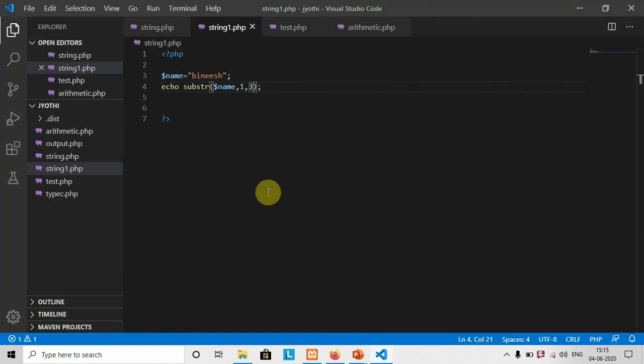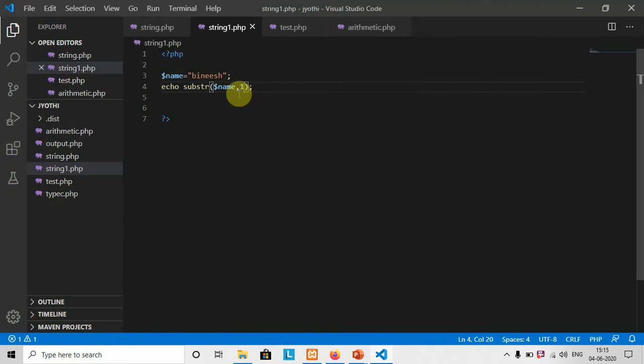The substring function is used to extract a particular string from a main string. And of course there are different substring functions based on the number of parameters. Here I have another function. This particular function takes only 2 parameters, the original source string and the starting index. Starting from that index, everything will be displayed. That will be the output. So you can check it now.